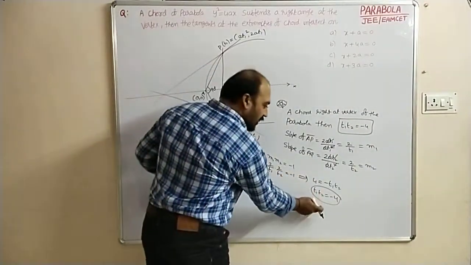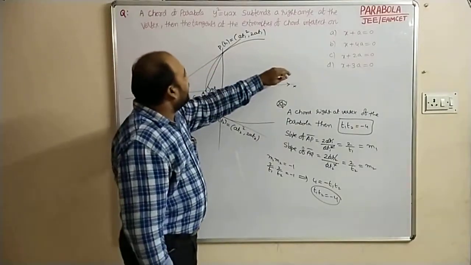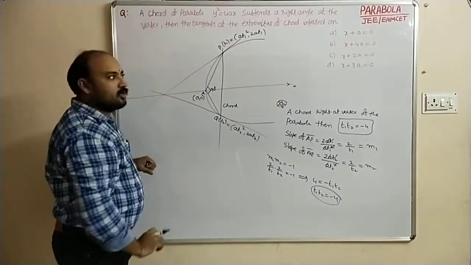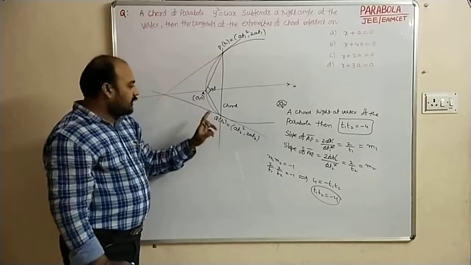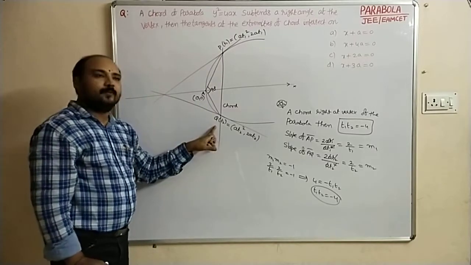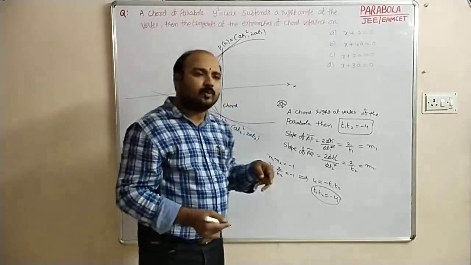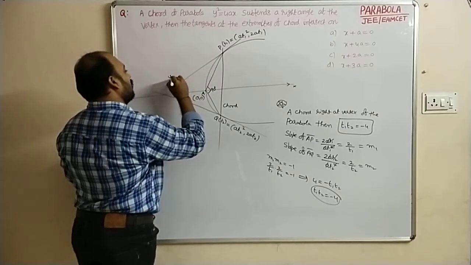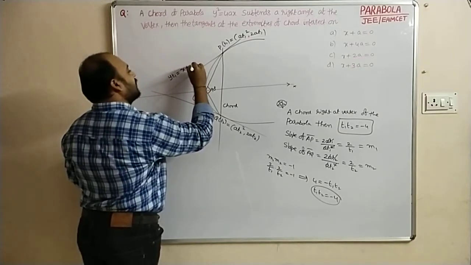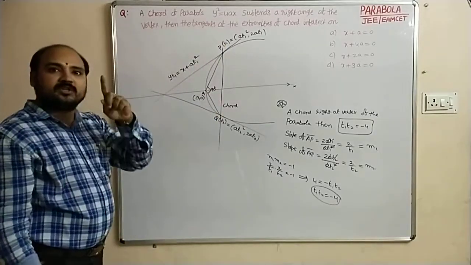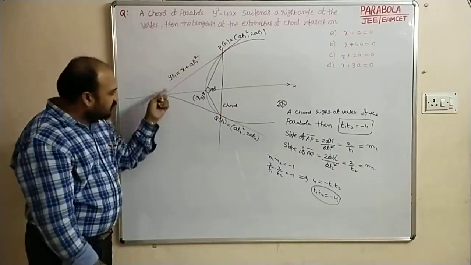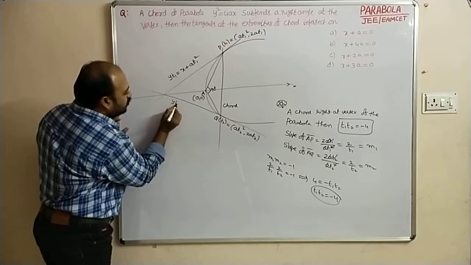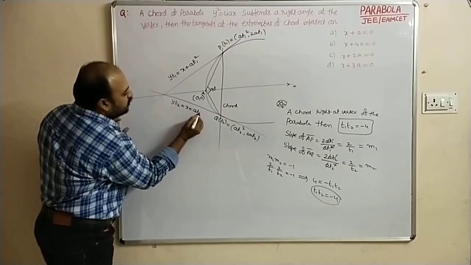So after getting the result t1 t2 equal to minus 4, here the question is about the tangents at the extremities of the focal chord, t1 and t2. So these are the tangent at t1 and the other tangent at t2. What is the tangent equation in terms of the parametric form? yt equal to x plus at square. So yt1 is equal to x plus at1 square. This is the equation of the tangent at P of t1. Equation of the tangent at Q of t2: wherever t1 is there in this equation, you have to replace it with t2. So yt2 equal to x plus at2 square.